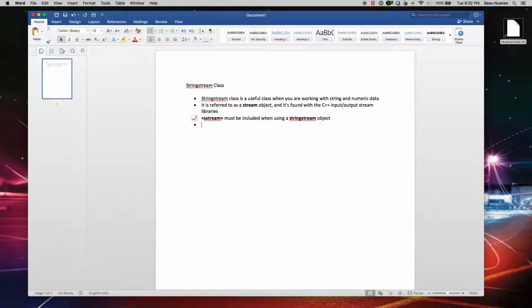A couple other things. You can use the same formatting tools with stringstream as with cout. And here's one of the big keys. So when you need to write, this is why you would use a stringstream. When you need to write your program data into a string in a formatted manner,